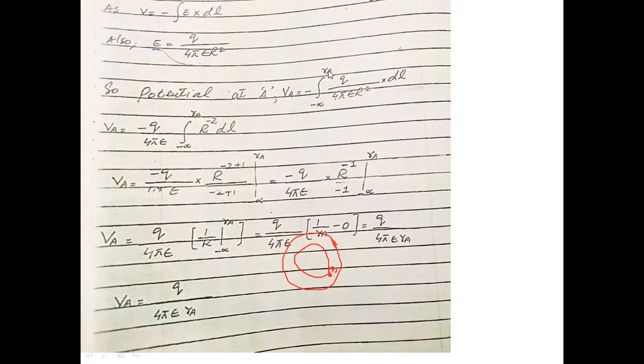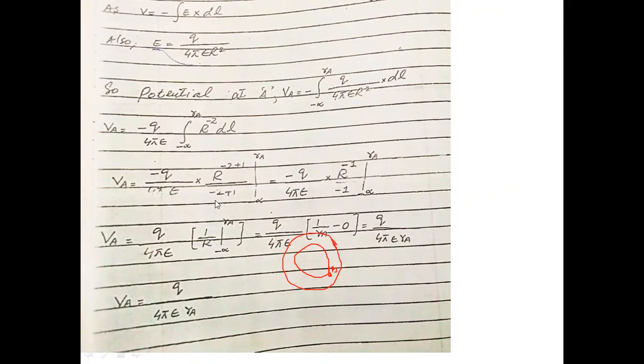So the integral from minus infinity to Ra of Q over 4 pi epsilon r squared dl. Integrating this with respect to r: minus Q over 4 pi epsilon, these are constants, so taking them outside, the integral from minus infinity to Ra of 1 over r squared, so r raised to the power minus 2. Integrating r raised to the power minus 2 with respect to r,